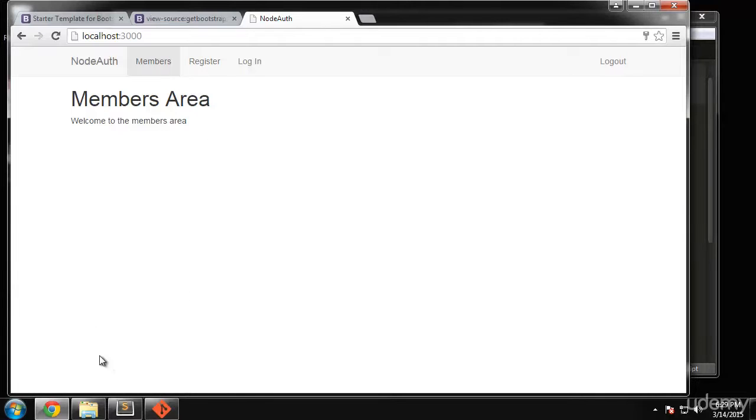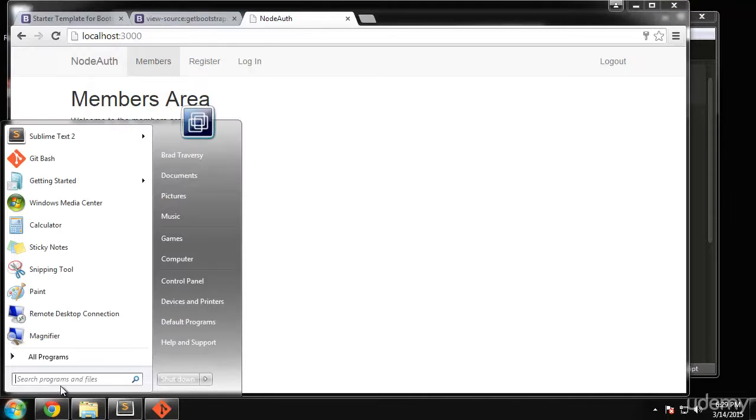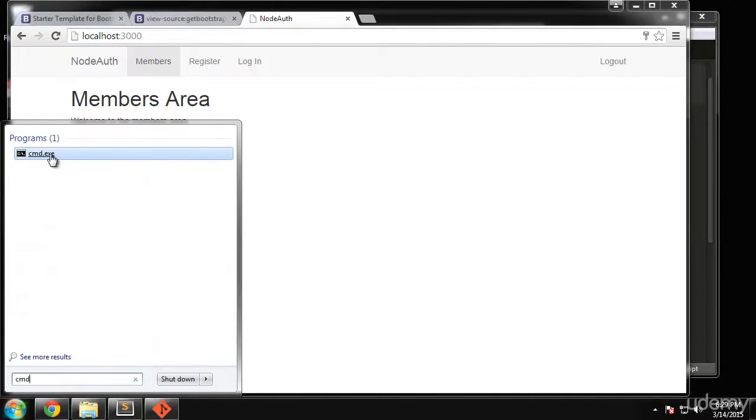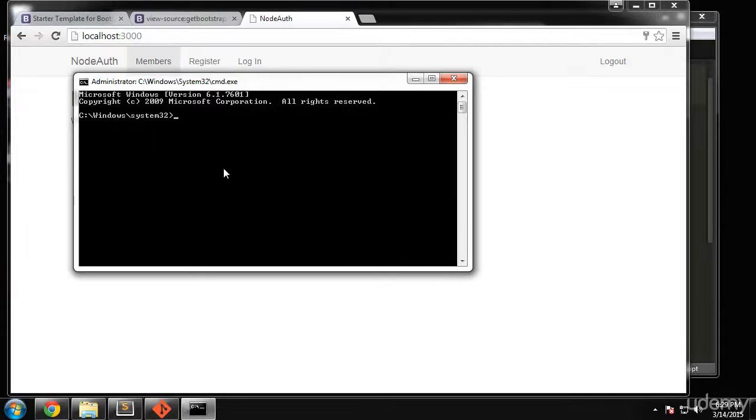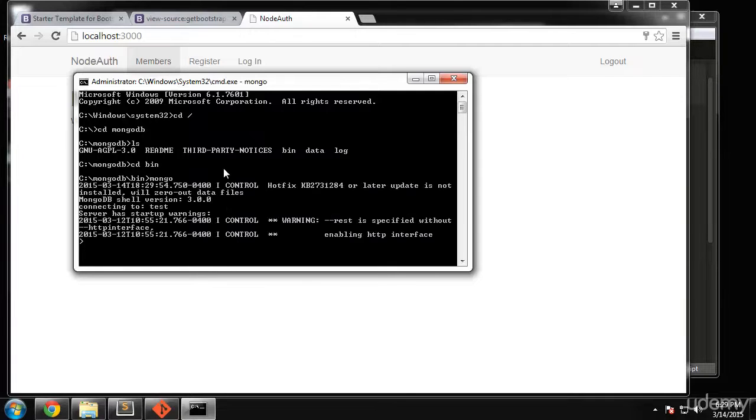Now we need to check and see if it actually happened. Alright, so what we need to do is go into a command prompt, and we're going to use the Mongo shell. So we're going to go cd, going to go to the root, and then we need to go to MongoDB, and I think it's server. No, it's bin. cd bin, and we'll run Mongo. Alright, and let's just use, actually let's say show DBs, and we want to use node auth,